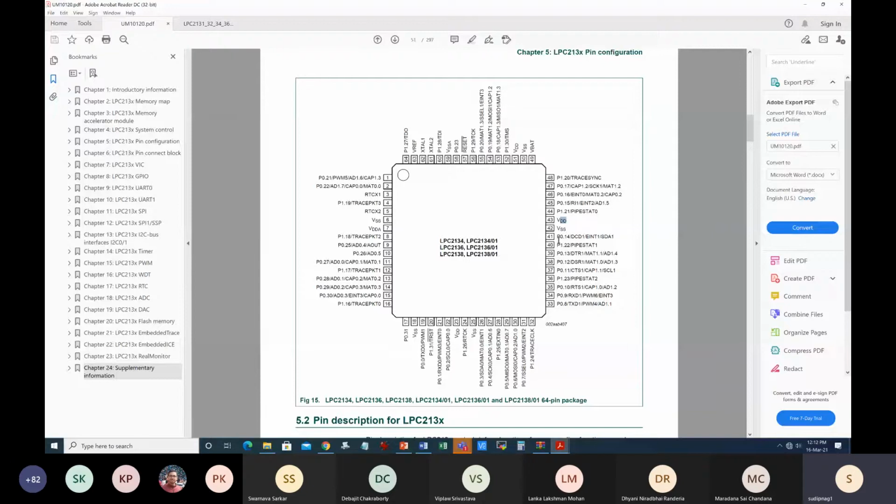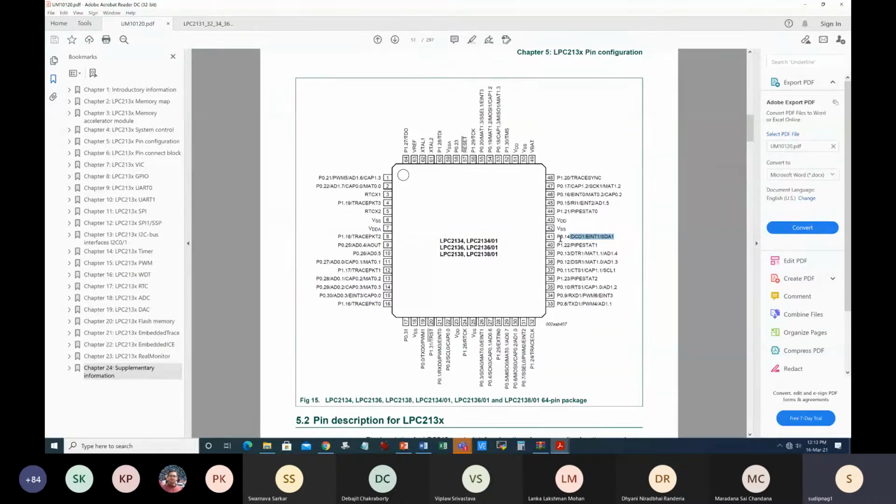But today's focus is on the I/O ports. So here you can see the I/O ports. There are lots of I/O ports here. There are 32 plus 16 I/O ports: 32 port 0 and 16 port 1 I/O pins. If you look at the alternate functions of these I/O pins, you can see multiple names which are coming from various peripherals of the microcontroller, which are all, or mostly, connected to the APB bus, the ARM peripheral bus.